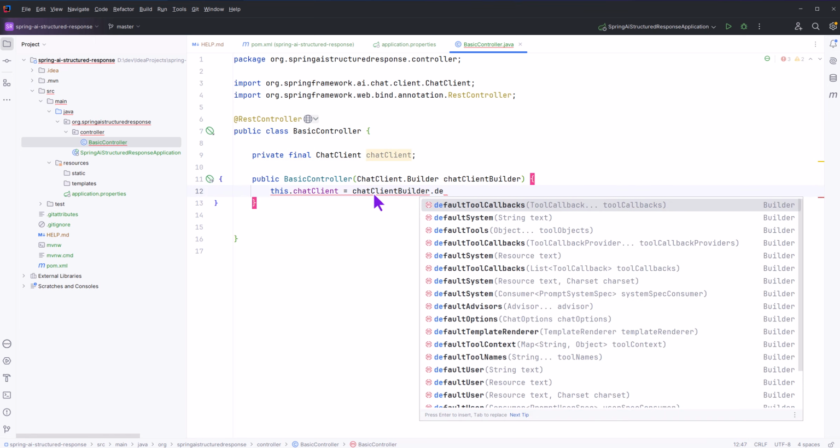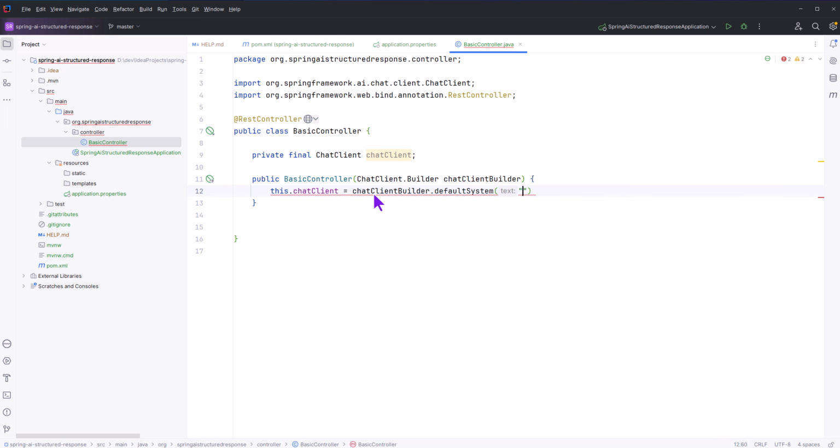And I'm going to be setting some default prompt, like I want the LLM to give me a short and concise answer. And my system prompt is set. There's a typo that I'll be fixing later. And build. Now at this point my chat client is ready, and to invoke it I'll be using get mapping,